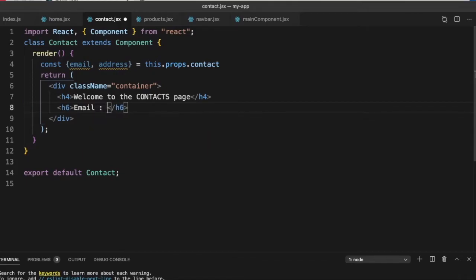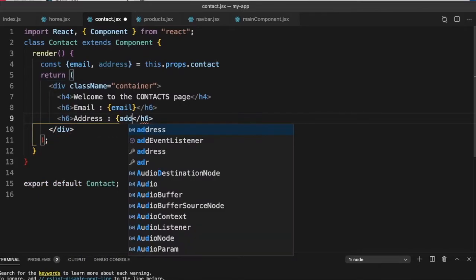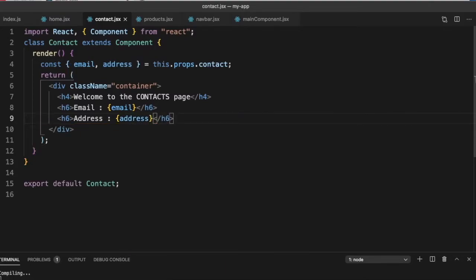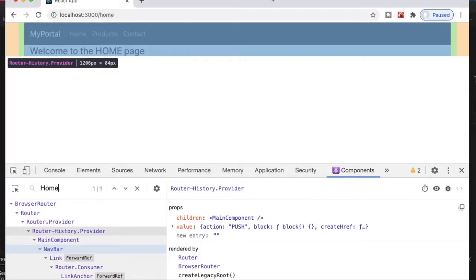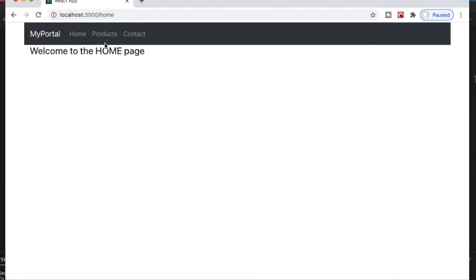Email is email. Address is address. So we have passed these as custom props to our contacts page. Let's test it. So here, if I go to contacts, I get my email and my address.